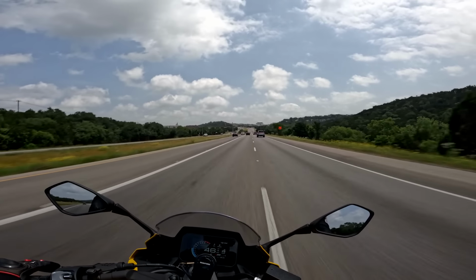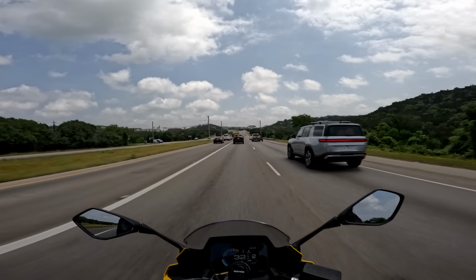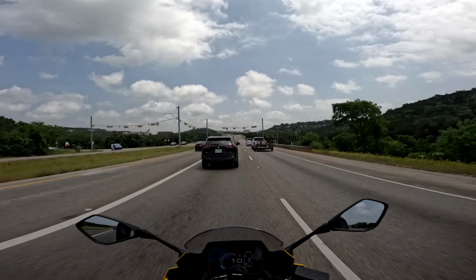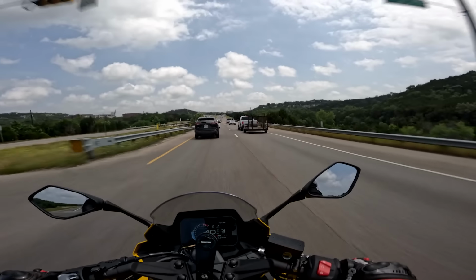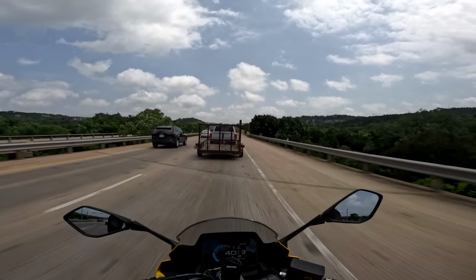Checked my 6 over there. Nobody coming through. Look how much room I got right here to filter through, but the light turned green, so quite honestly, I don't like filtering whenever people are already moving, because people will, at the last minute, decide that they want to change lanes. I'm going to go ahead and get in front of this electric truck because we disrespect all electric vehicles on